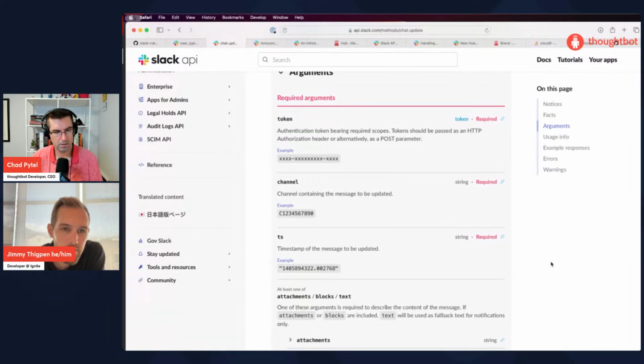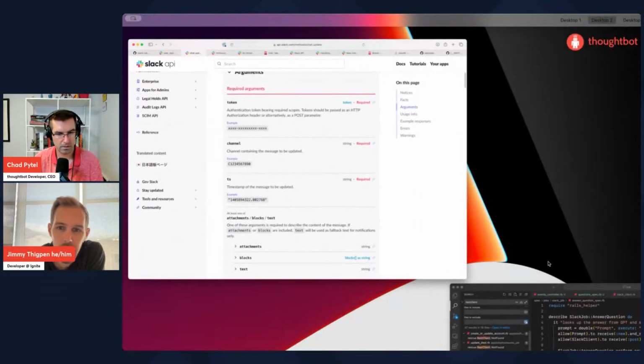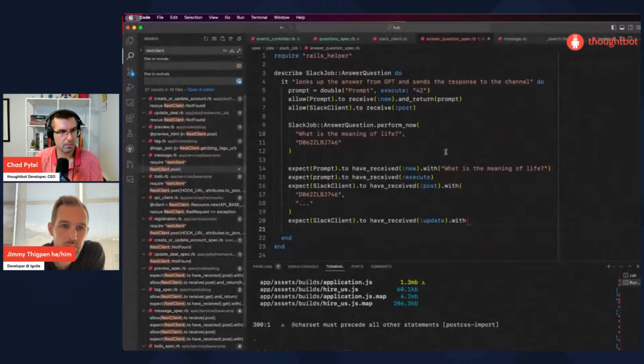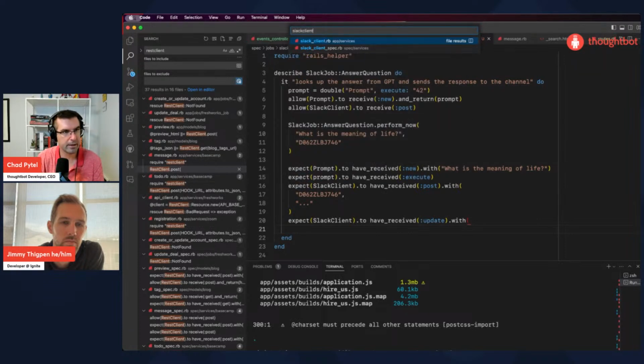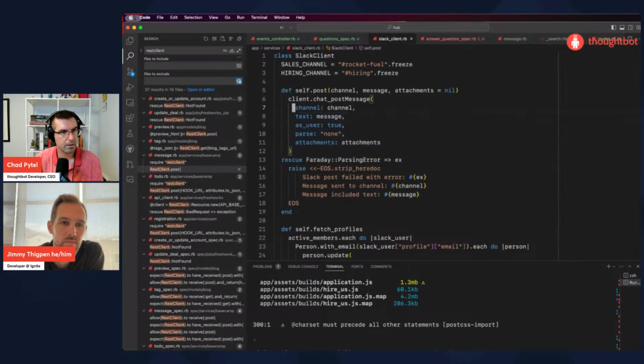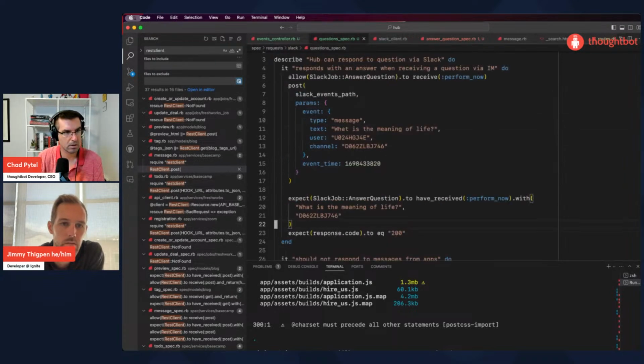Cool. Okay. So we can go over here and we're going to need Slack client to, yeah, we just want to add the update method here, responding with the message. So that's fine.